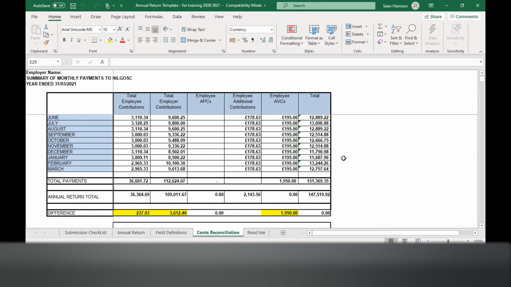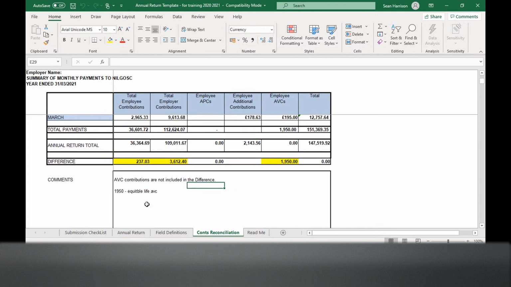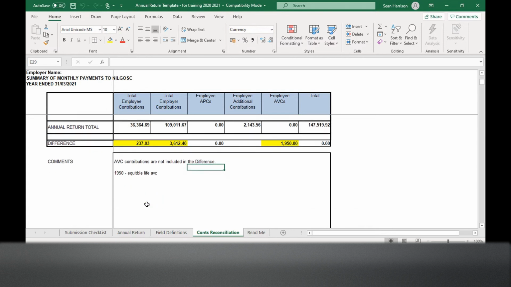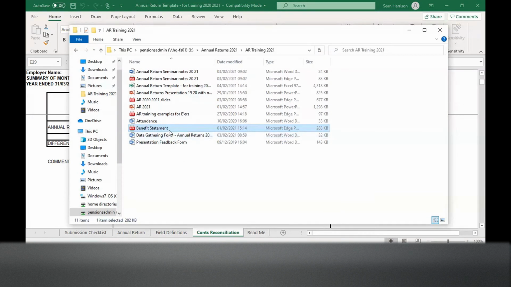In an ideal world, you would hope to see the difference being 0, 0, 0, but in some cases that's not, and that's fine. We have a comments box underneath that, so any discrepancies, just put a comment in. It's the same way for the annual return. For instance, we've put the Equitable Life AVCs there, that's what the 1950 is, which is fine. There might have been refunds throughout the year that haven't been processed, etc. Any comments that will help us